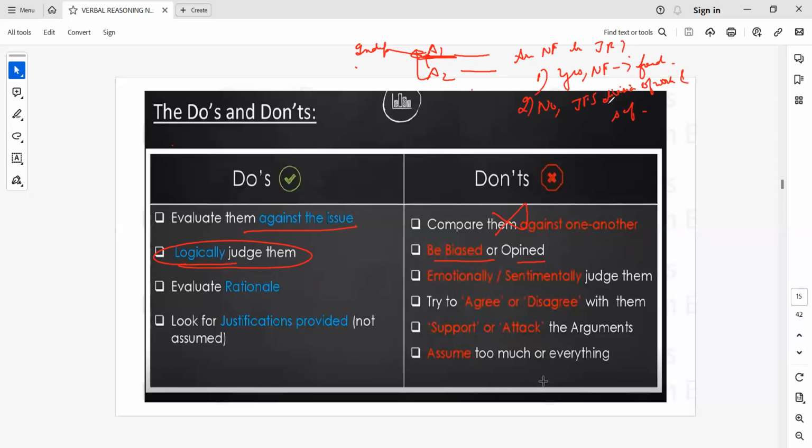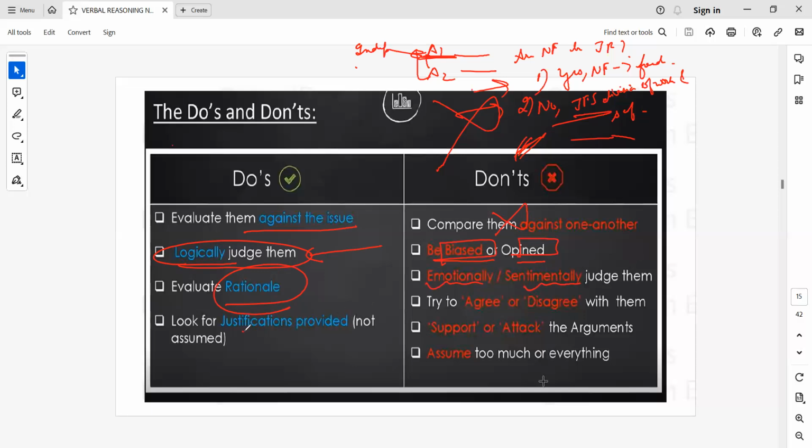Now, one of the students says, ma'am, I have a nuclear family, but there are CCTV cameras on my head every day. Another student says, no ma'am, we stay in a joint family system, and every time my mama is doing all the work and my chachi is sitting idle. So that is not the case, okay? It's not a kahani ghar ghar ki thing which is going on. You need not be biased or opinionated; you need to judge them logically. Keep all your biases aside and judge them rationally. Don't be emotional or sentimental while judging them.